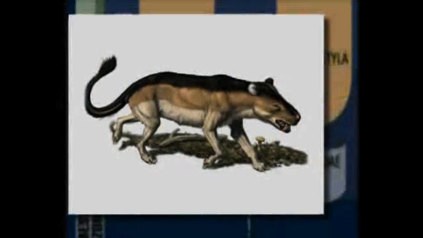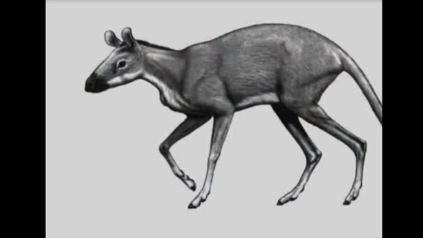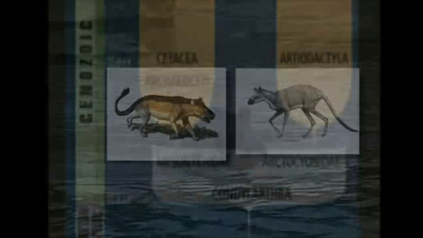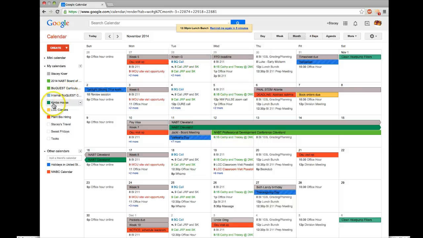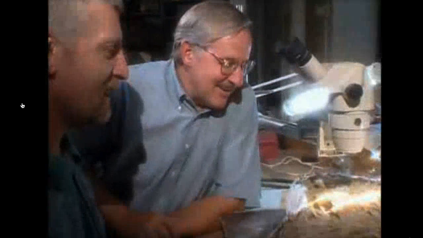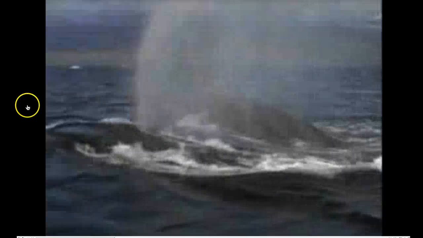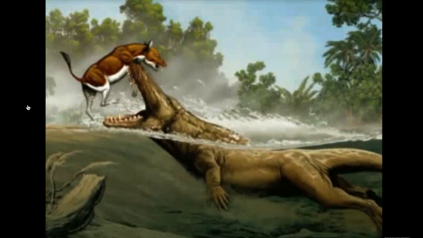But because the fossil evidence was scanty, not all researchers bought this idea. Some thought archaic whales evolved from a different group, one that also gave rise to hoofed land mammals like hippos. For the last 20 years, I've been really consumed by the idea that we have to find all of the links, all of the transitional forms from whales living today back into the transition from land, back into the land